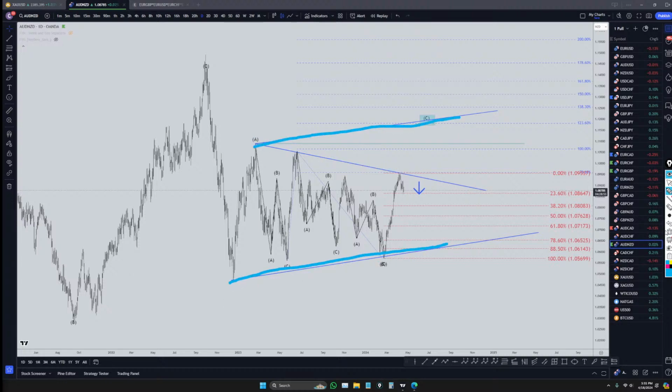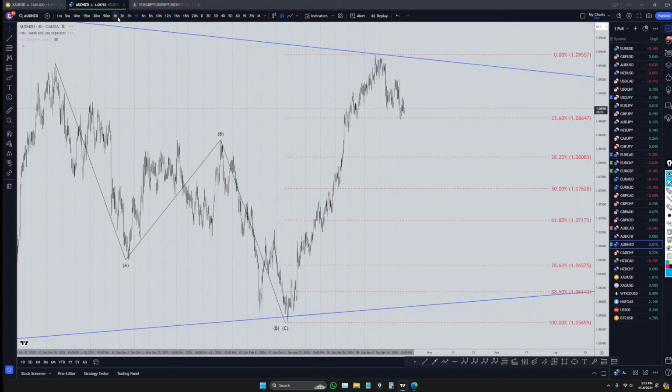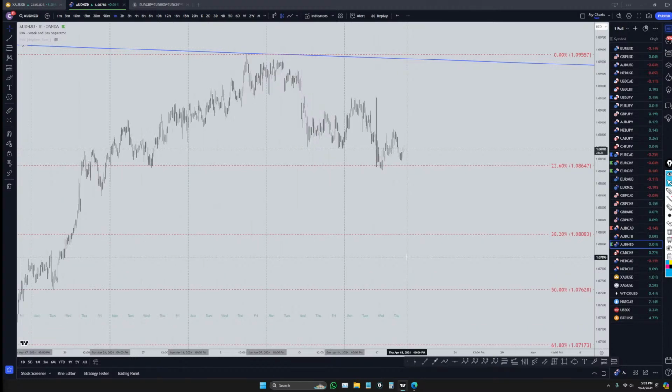If it really is a channel, which it definitely could be, then it's likely to actually go up to about this 123.6 area before it really does go down. If it really is a contracting triangle, then it's likely to go back up to the top of this trend line and then go down and then break structure and then continue the downtrend, because I still think this is an A, B, and C. Whether it's a contracting triangle or whether it's just a channel correction is a different question, which we have yet to determine. But like I always say, we can learn and earn at the same time.